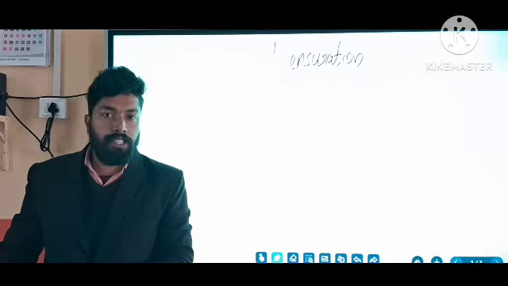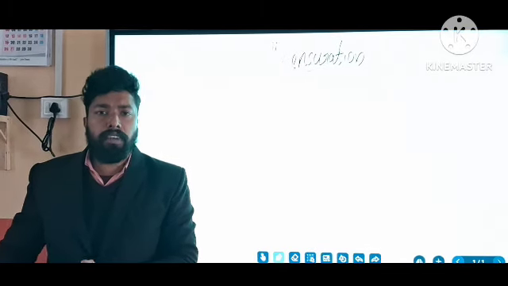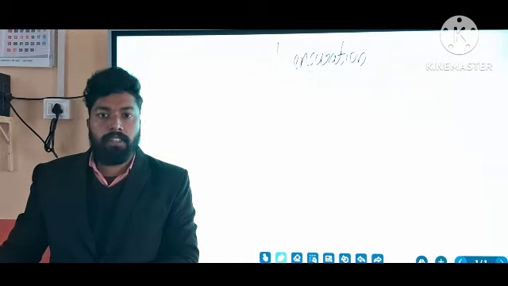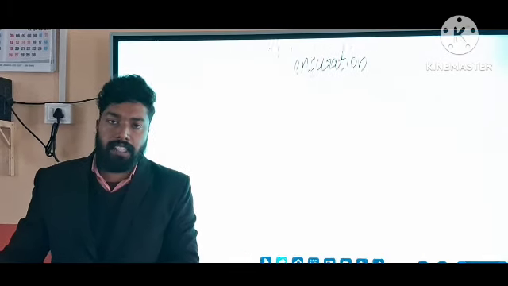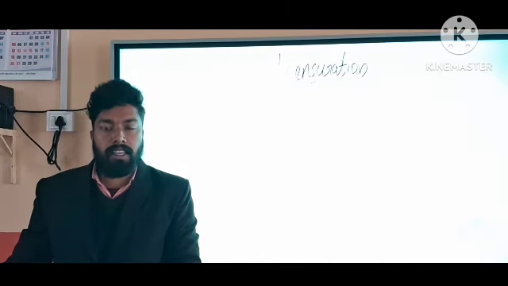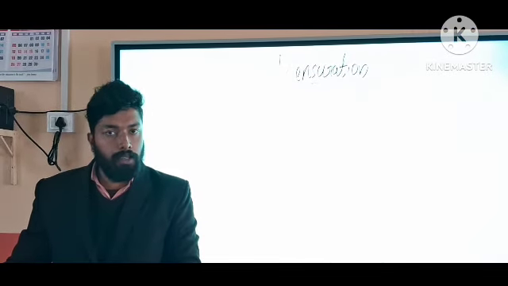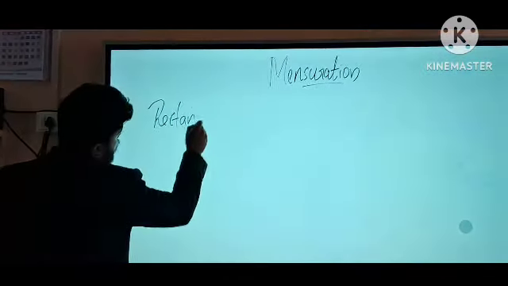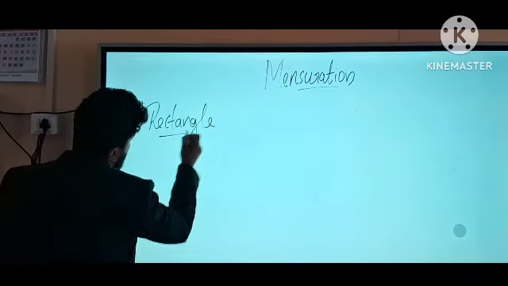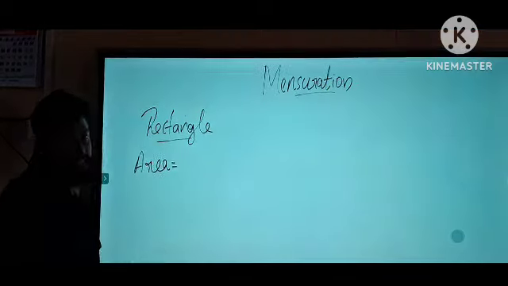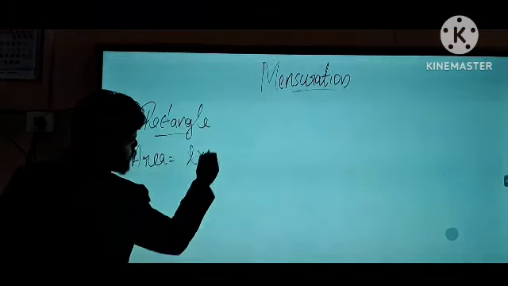What do we mean by mensuration? Okay. So what will we discuss in the chapter? We discuss the special cases of rectangle and square: the area of a rectangle, perimeter of a rectangle, area of a square and perimeter of a square. In the case of a rectangle, what is the equation to find the area? If L and B are the sides of the rectangle, then area is equal to L into B.